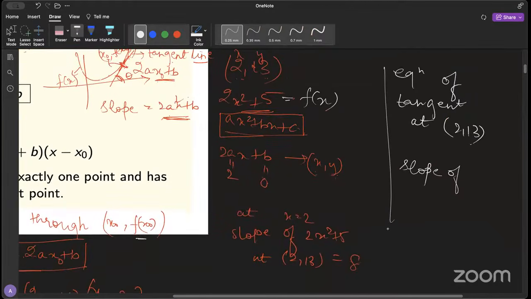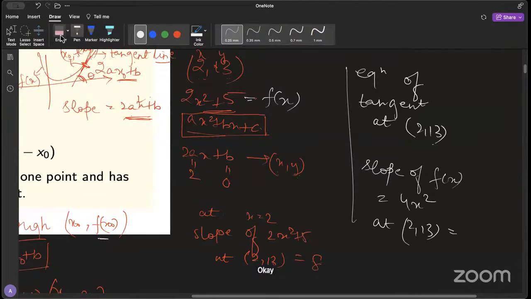4x plus 5. How are you left with 5? This is 2x square plus 5. Slope of f(x) is 4x. Yeah, 4x. And at (2, 13), your slope will be equal to